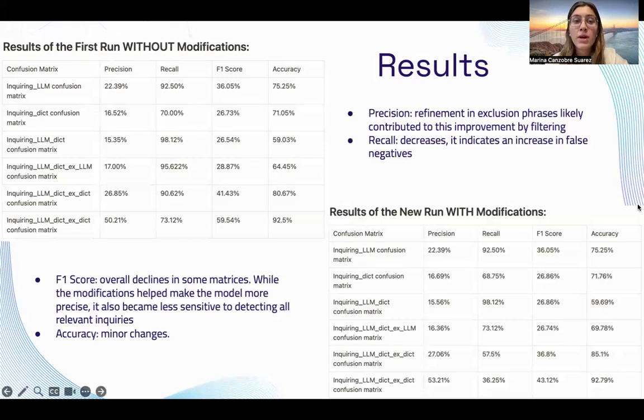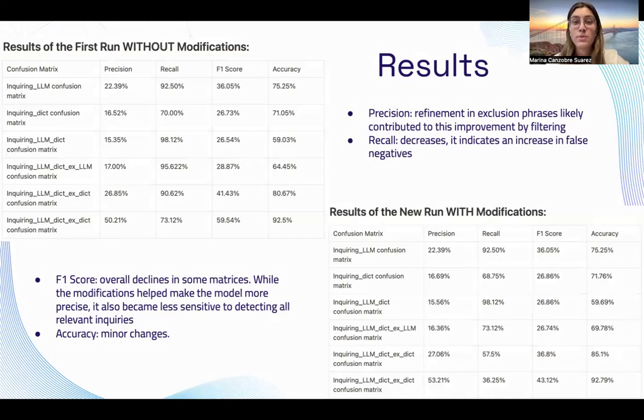In the recall area, there are significant decreases in recall for some metrics. This indicates an increase in false negatives, possibly because the new exclusion phrases filtered out some relevant inquiries. The F1 score, which is the harmonic mean of precision and recall, shows mixed results. The slight improvements in precision did not always compensate for the decrease in recall, leading to overall declines in some metrics. This suggests that while the modifications helped make the model more precise, it also became less sensitive to detecting